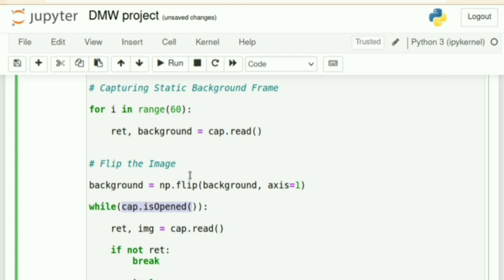If it is not open, then we have to break, and we have to run this program again so that it will capture the background.